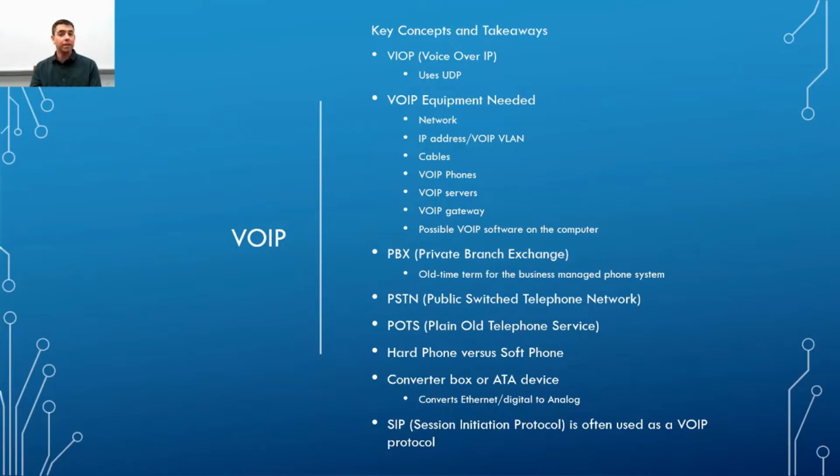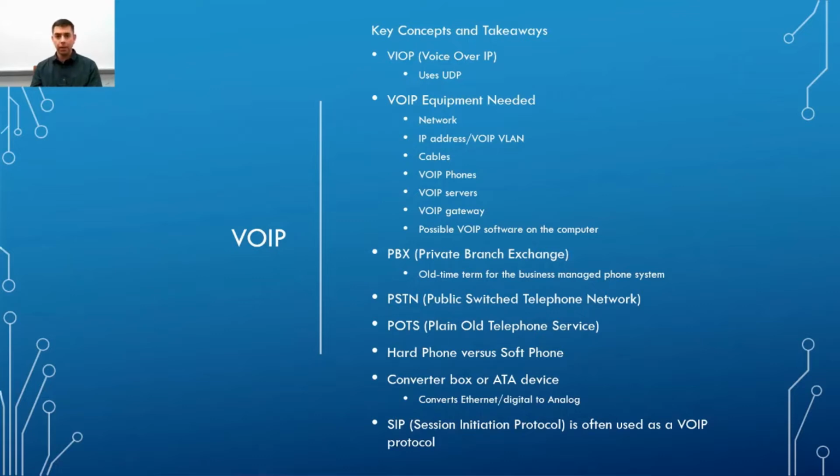You'll need IP addresses set aside in a subnet to create a VLAN for your VoIP system. Of course, you'll need cables to connect the system together. Most VoIP providers require specialized VoIP phones and, of course, a VoIP server, or servers as the case may be,